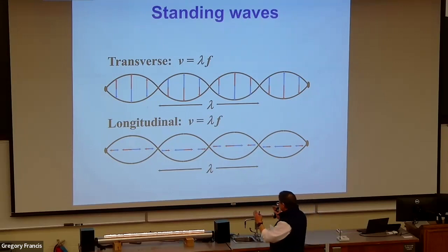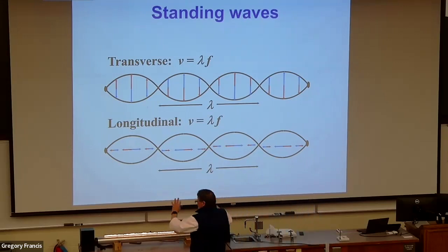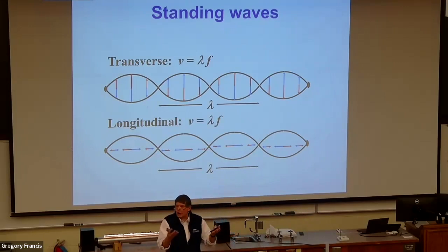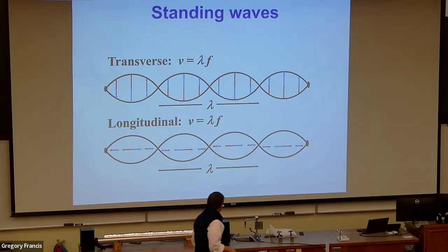And so what's happening is all the particles, like in air, in a column of air like an organ pipe, would be moving first with the blue arrow, okay? And you see that all of the particles in this football are moving to the right. All the particles in this football are moving to the left. And the closer you are to the antinode, the bigger the displacement away from equilibrium. And the closer you are to a node, the smaller the displacement from equilibrium. Okay, so